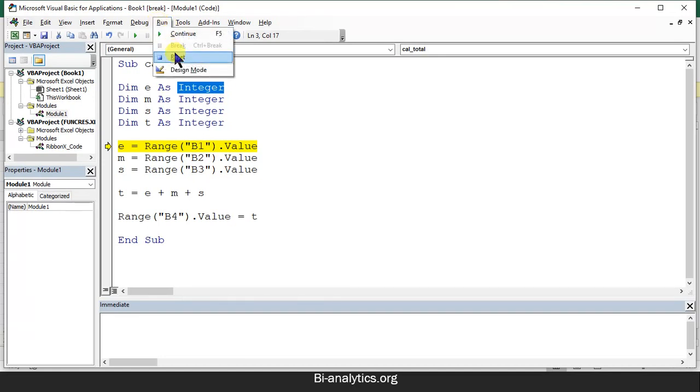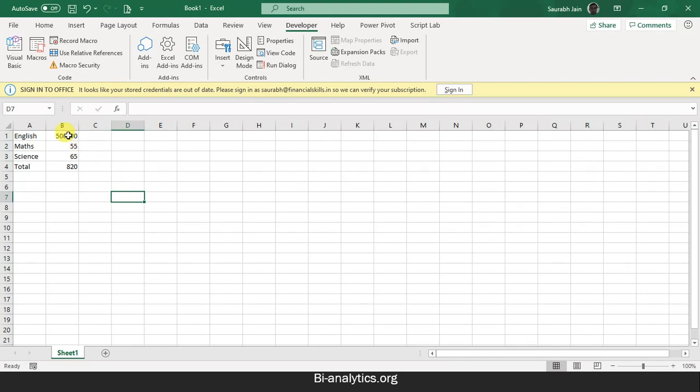We can reset this. Reset. Fine. Let's go. So now I can do it again. 56. Now here is the smart thing: you don't have to do macros again. You can do one thing.